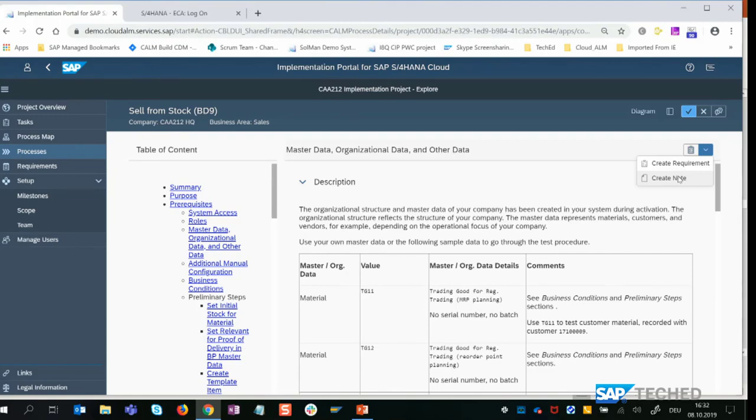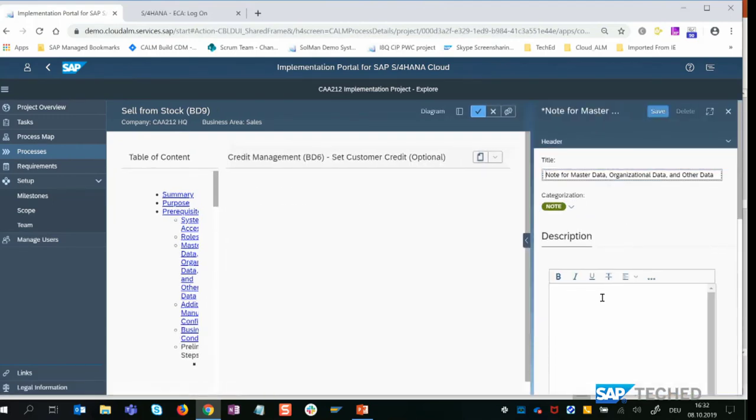And when you realize that this process needs some activities during the realize phase or needs some further discussion, you can create, for example, a note. This is like a comment. And save it. In case there is, for example, a final discussion or a final decision needed from someone else who could not attend the workshop, or any open questions for later, they can be saved here.